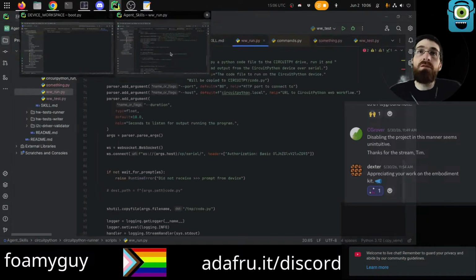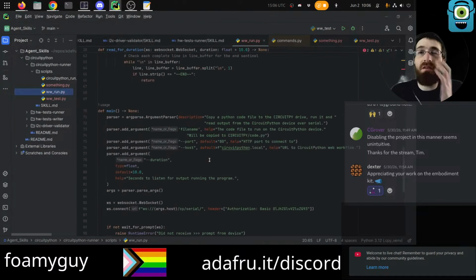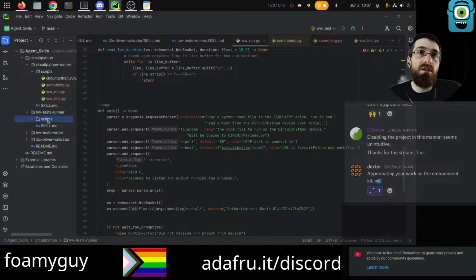But the quick version is that I worked on this script that allows the ability to run a CircuitPython code file on a device over web workflow instead of USB, and get the results back of whatever output that code file creates. So anything that gets printed will get returned by this script. And the goal is ultimately that this running script will be able to be integrated with this hardware test runner,